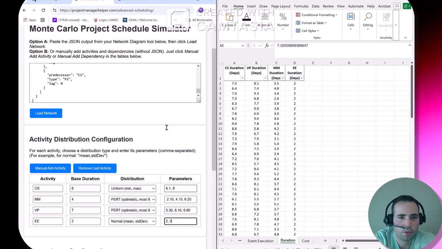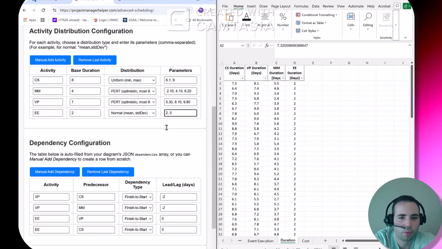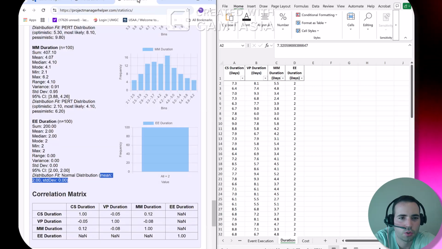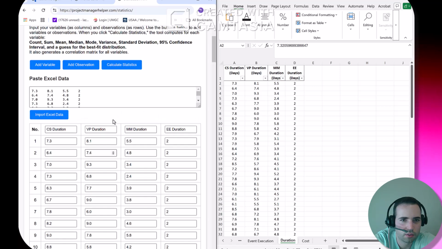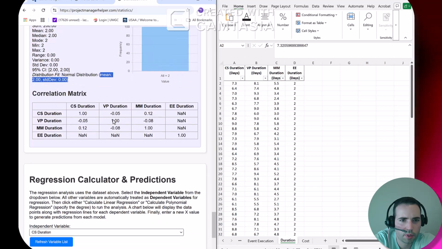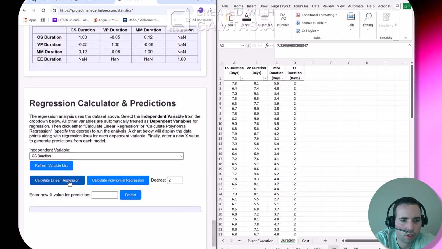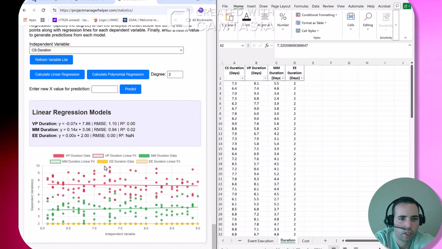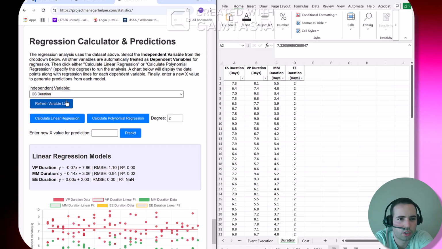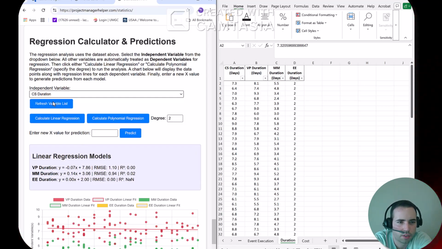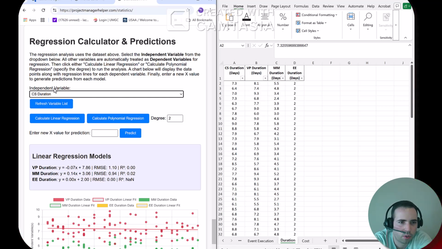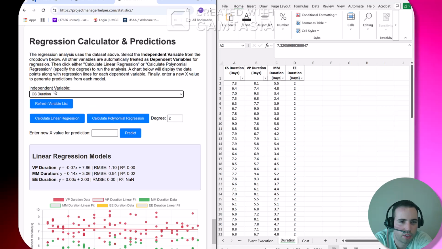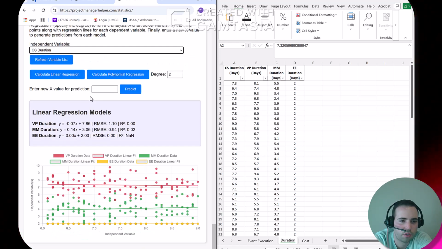So you have all your data entered here in Monte Carlo. Before I run the simulation, I want to go back and show you something. If you want to calculate if there's any relationship between any of these variables, you can go back here and calculate linear regression. When you select the variable here, say CS duration, it will be the independent variable, and it is testing separately if there is a linear regression relationship between CS and all the other 3 variables. So you can see here,